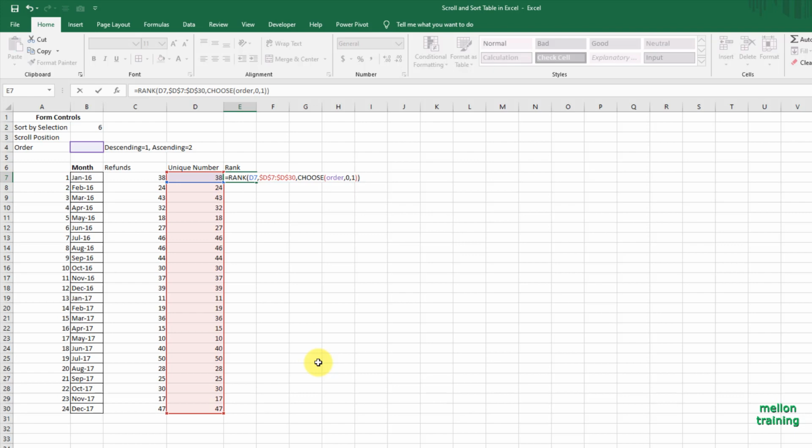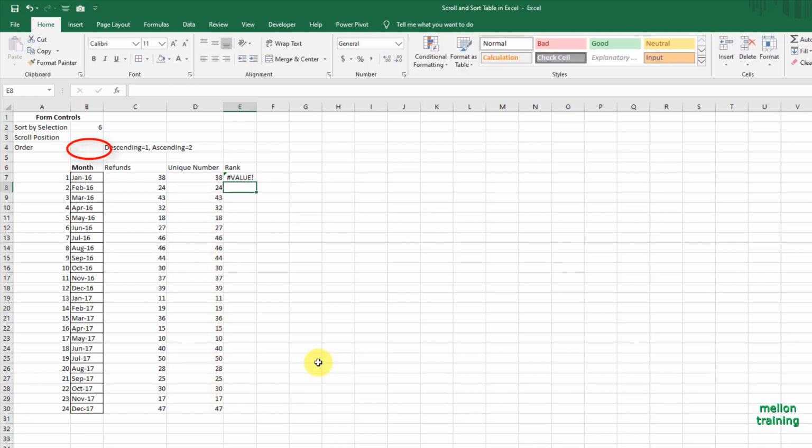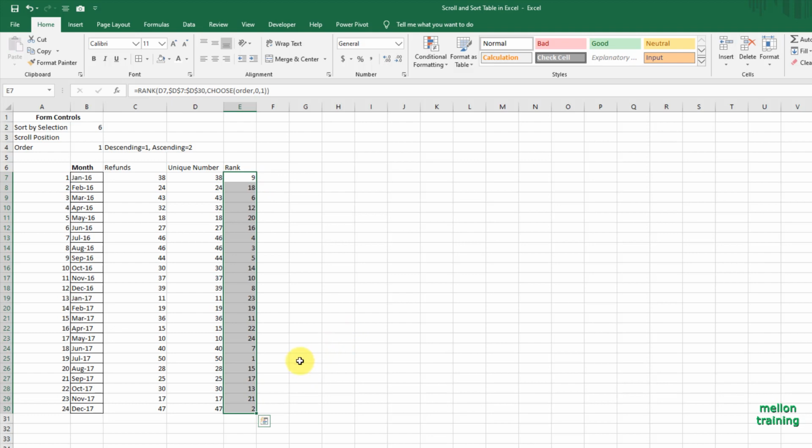We expected the error value because there is no value in this cell. Type 1, which is descending order. Copy the formula down. As you can see, this number 50 is ranking first because it's bigger and the order is descending.